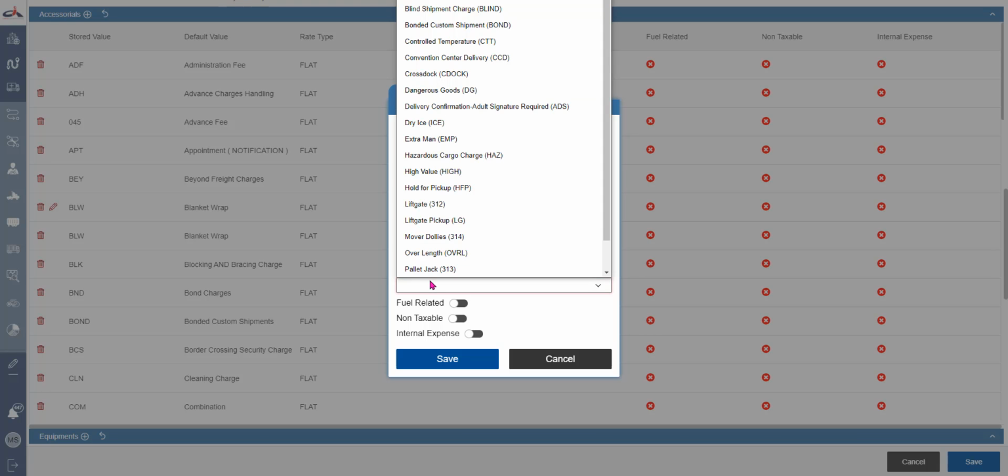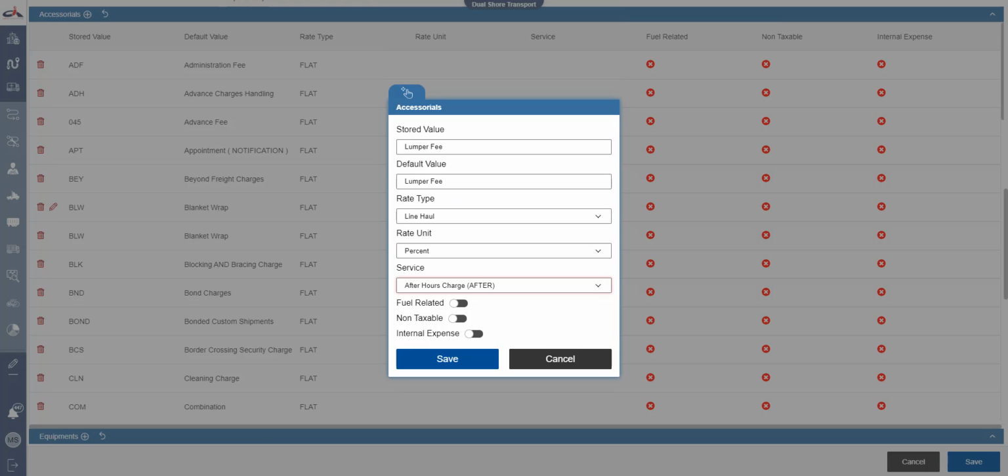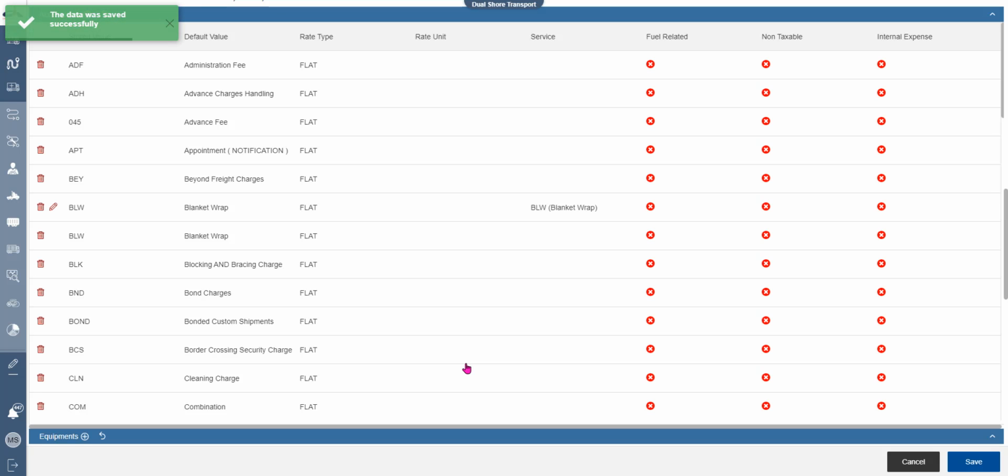You could also link it up with a specific service as mentioned in the video earlier. So let's say anytime I select, for instance, after hour charges, I know that usually won't happen, but as an example, anytime I select after hours charges in the additional info in the add order, it'll automatically create this lumper fee charge within the pricing information when I'm creating that order. Then you can flag it. Is it fuel related? Is it non-taxable? Or is this an internal expense? And once you've put in all the information, click save, and now you have a lumper fee in the accessorials